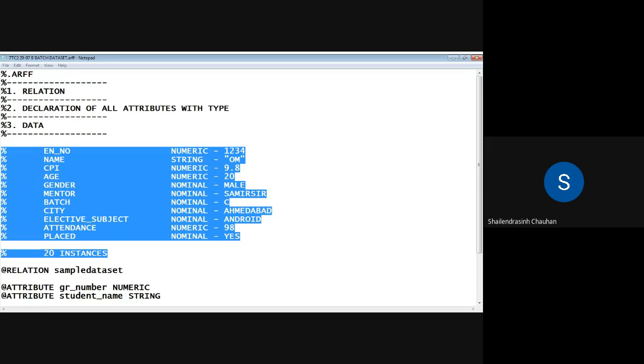Do we have any constraint in this? Constraints, like Sagar? No, there is no constraint for unique and distinct values. Okay, fine. Thank you.